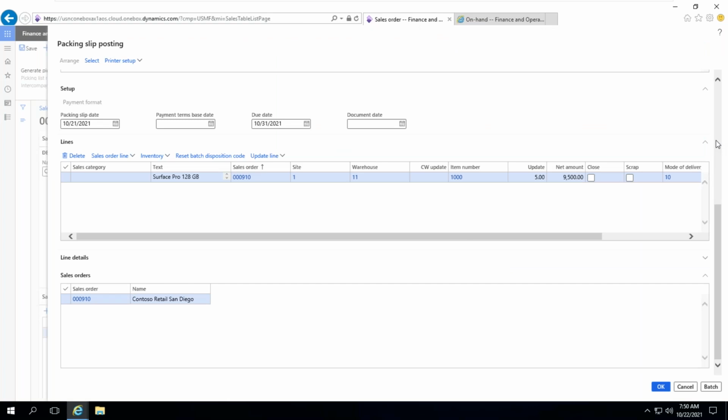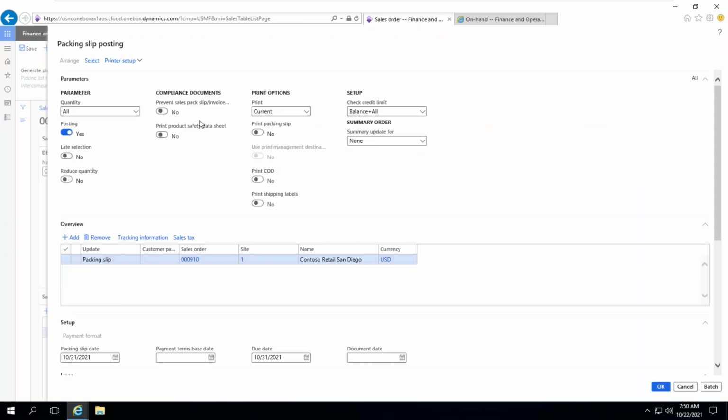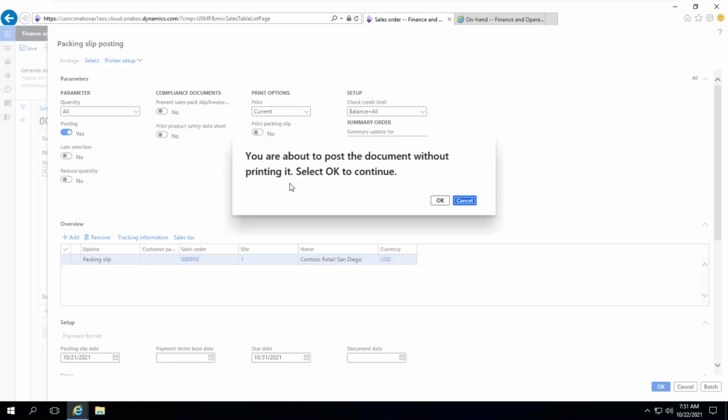Let me verify whether the printing checkbox is enabled or not. If you want to take a printout, you need to take a printout. In a real-time scenario, printing is mandatory for sales, because if you are doing the sales process you are initiating the document. It is a must that you take a printout. If I click OK, it will warn you. Look at this one. Here we can fix that no print picking list is mandatory.